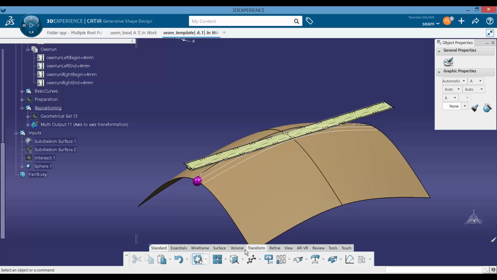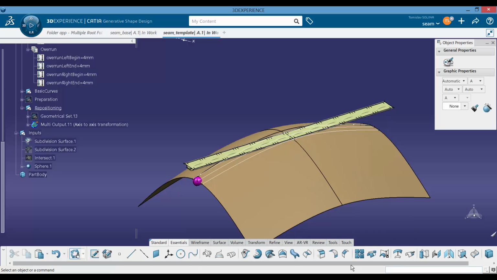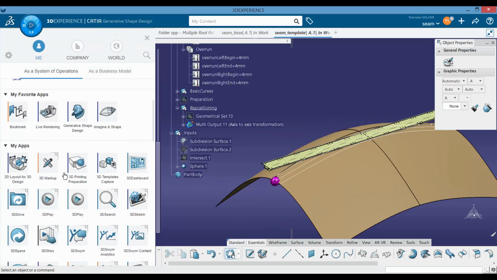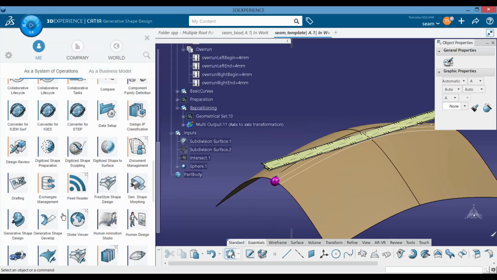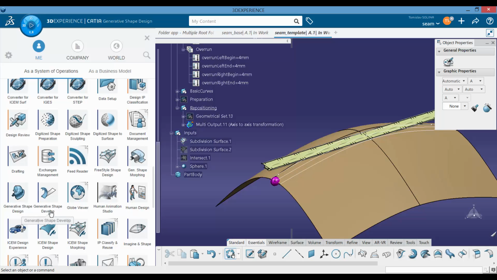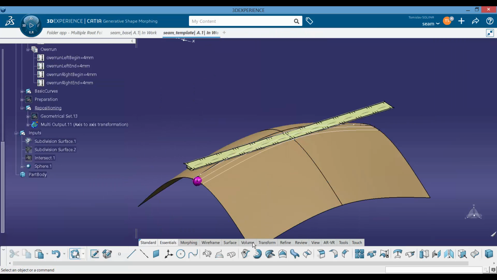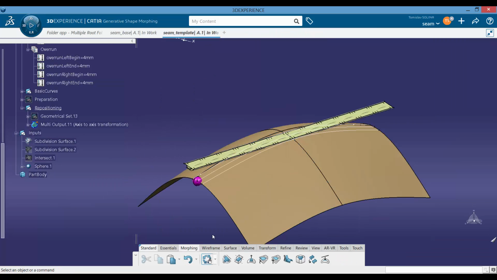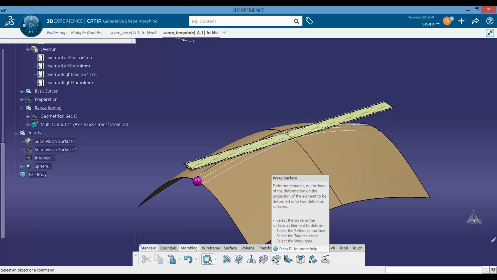We want to use wrap surface. Wrap surface should be hidden somewhere, probably in different app. Generative shape optimizer, morphing. So we will need morphing tools, and even though we would use a wrap surface, we cannot do it directly because